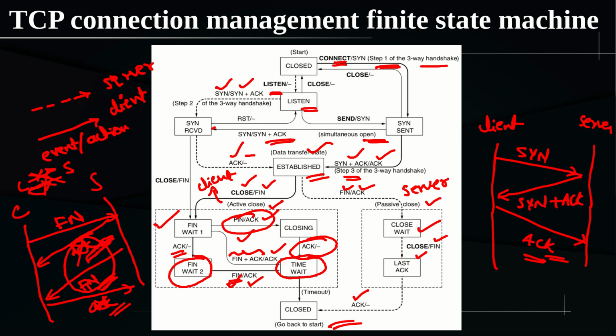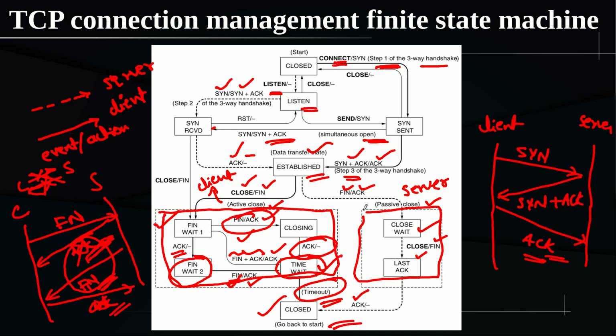Once in time wait, there will be a timeout timer executed in the background, and the time is typically 2 times the lifetime of any packet. That is how the timeout timer is set, something we already saw. Once the timeout is reached, it will go to the close state. Typically this is done by the client, in the sense that the data from the server is somewhat relevant, right? That is why it is highlighted at the client side, and this box is shown here. This entire box is what is called the active close at the client side, and this is the passive close that is happening at the server side. Hope it is clear.